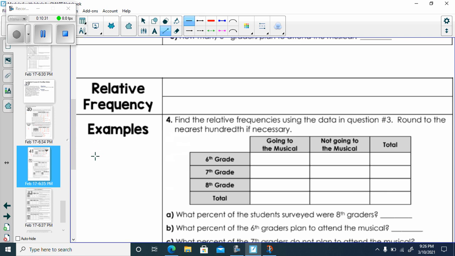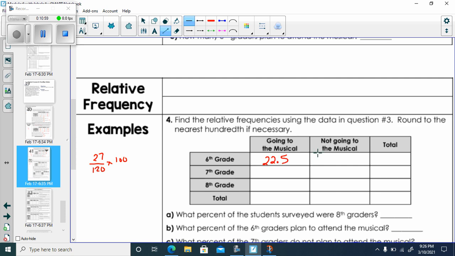Okay, to get a relative frequency, that would be 27 out of 120. So you're getting a percent times 100. 27 divided by 120 times 100 gives us 22.5% of those surveyed